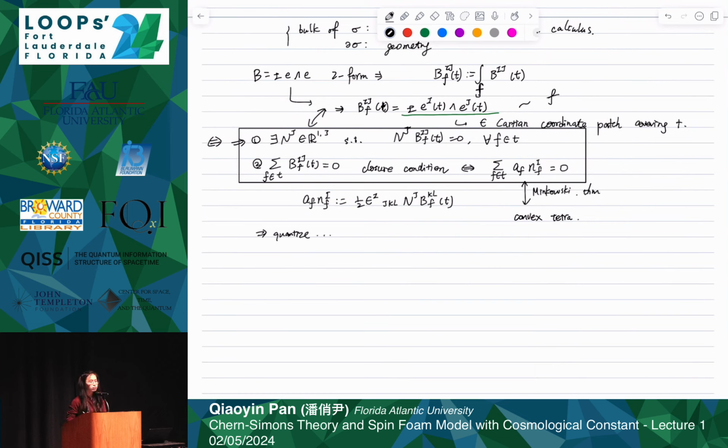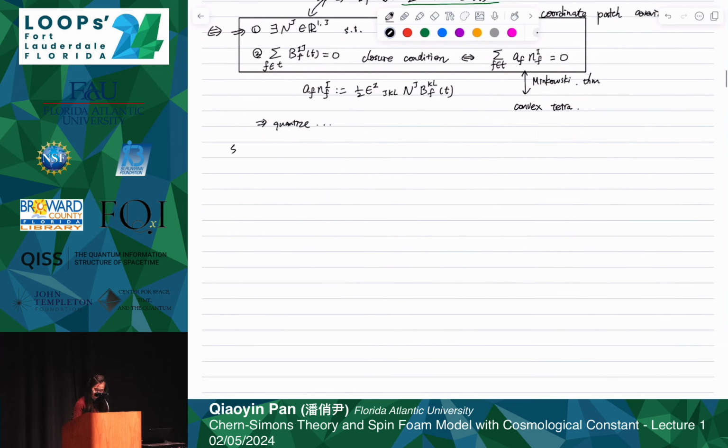But I don't need to go on, because this continuous discussion and the discrete discussion is enough for us to generalize. So I stop here, and you already heard the quantization part from previous lectures. Okay, we want to do the same thing, but at non-zero lambda. The first thing to do is to construct the path integral. So we discussed the path integral